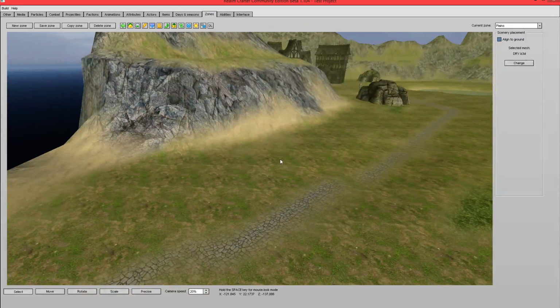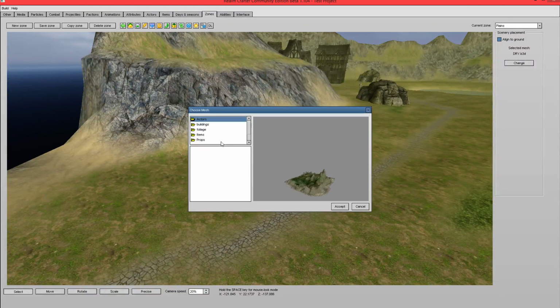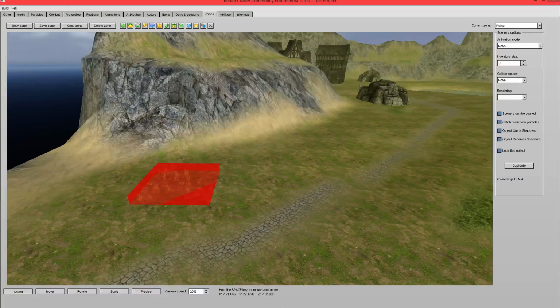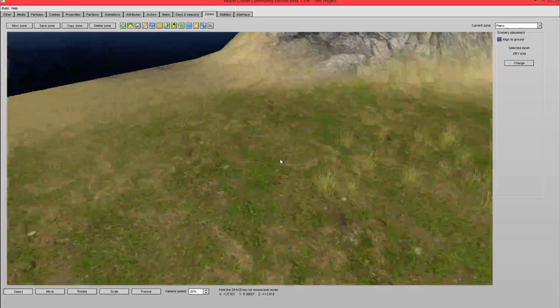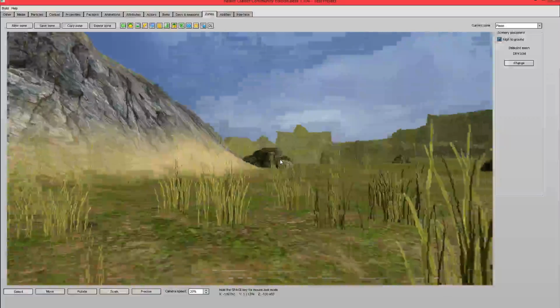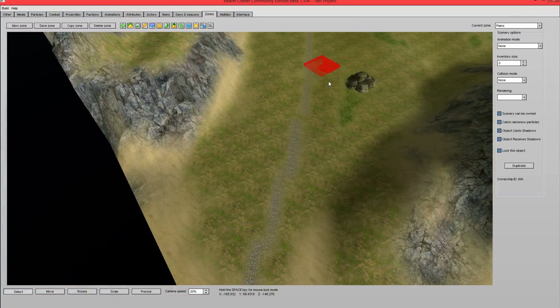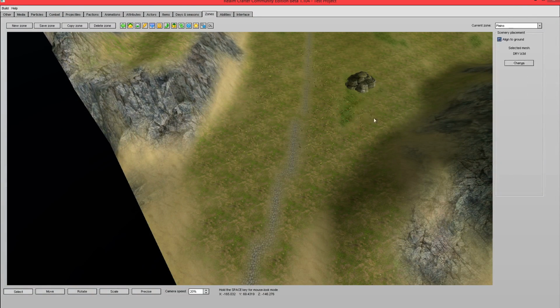Right, once you've selected your grass model, what I've done, just to speed the process up, instead of having one grass model, I've put them in a sort of cluster. You can't see it very clearly there. And if you tick the align to ground button, you just right click and it will automatically dump it straight to the ground. Grass done. So you can literally just go from here, right click away. You don't have to worry too much about the rotation of these ones, because it's literally just going to be